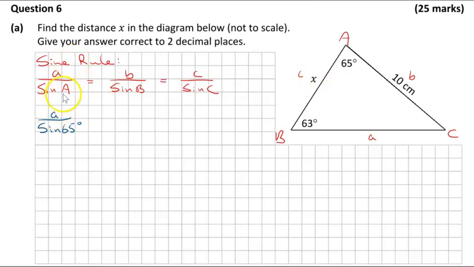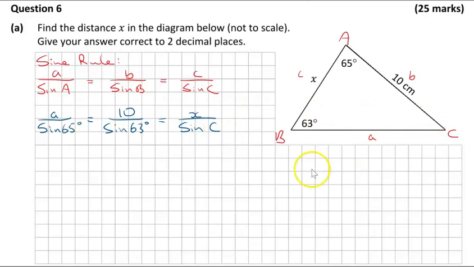So I'm going to have a over sine A is going to be a over sine 65 degrees. So a, I don't know what that is, so I can just keep it as lowercase a. And sine 65, I'm changing the capital A for 65 degrees here. Then that's equal to b over sine B. So that's going to be 10 for the lowercase b, 10 centimeters, all over sine of angle B, which is sine 63 degrees. And then that's equal to x, goes in place of the lowercase c, over sine C,